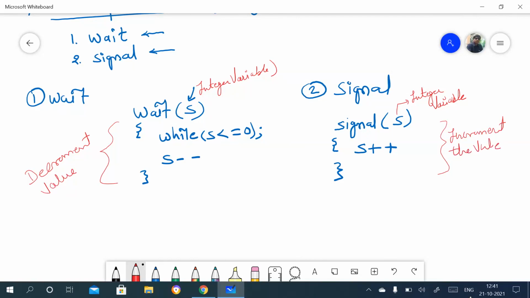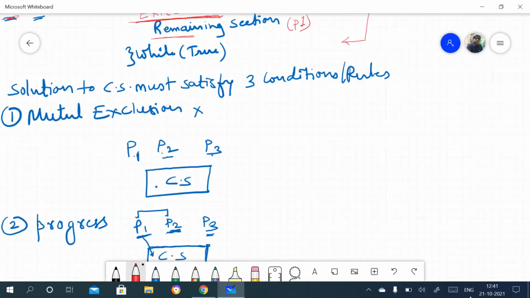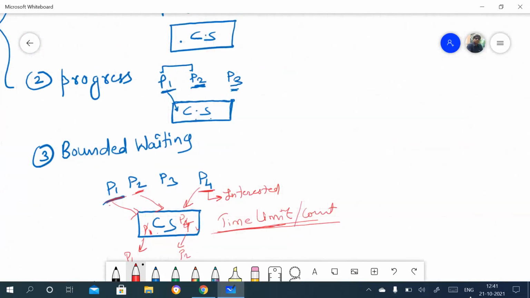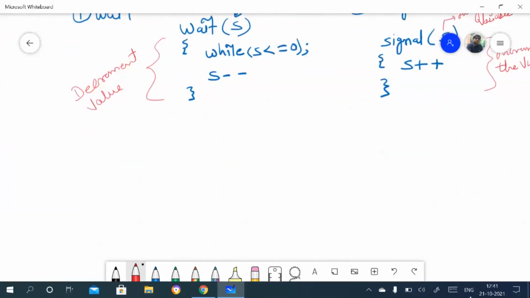Right? So now let's see how we can solve the critical section problem using the semaphore, right? So this code, you just understand this is the problem. Here we just generalized that function. Now we'll use this semaphore to solve this.